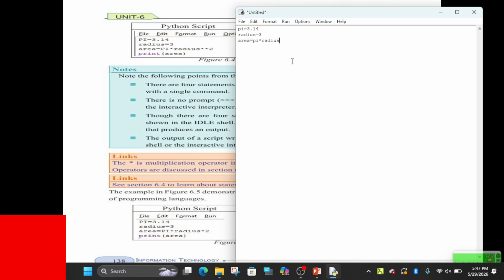Here, two asterisks mean exponent in this Python program, the power of 2. Print area.